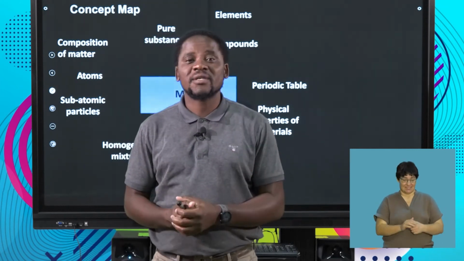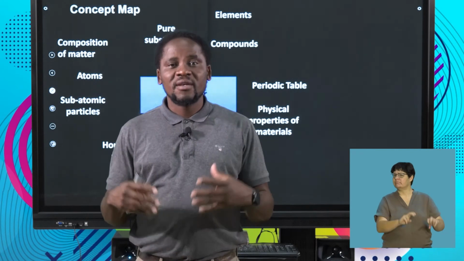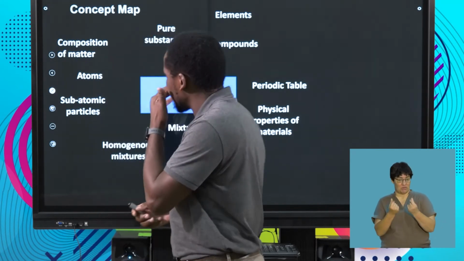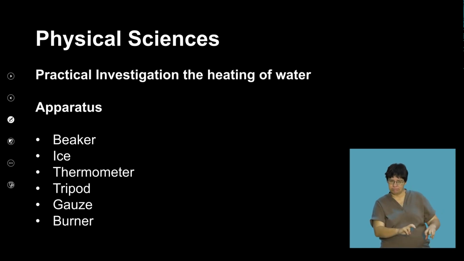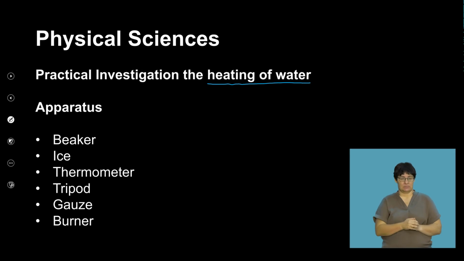We're still exploring, at a microscopic level, what exactly happens when a phase change of a material takes place. For now, we'll shift our attention and look into a practical investigation to try and keep track of data in terms of temperature and time. This would involve the heating of water, as an example, okay? So apparatus, these are actually the equipment that we use in the lab at our schools